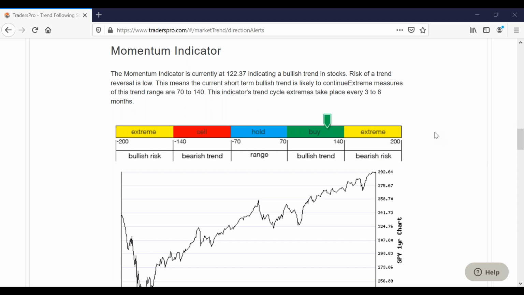Because we're off the extremes, it can mean that we have further to go. And in the longer run, I still think we have further to go up, but with the way the market is acting this week, it makes me feel like we could get a little bit of a pullback here. We have started to, but we could see a little bit more downside before we get that push higher. When the market is having trouble moving up, it means that the buyers are just not strong enough or not confident enough, and